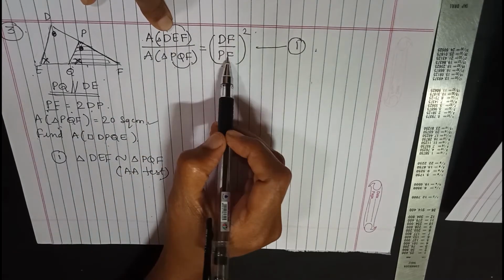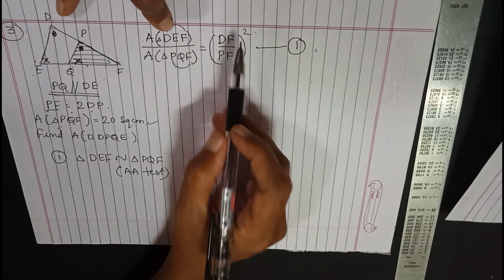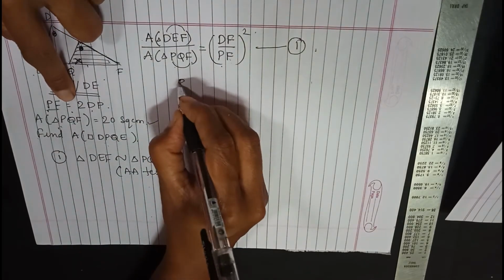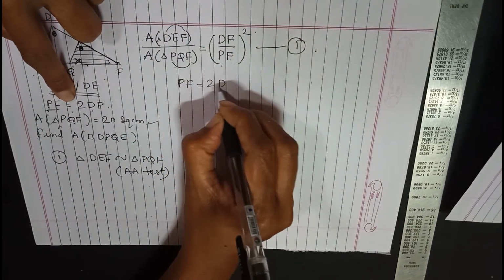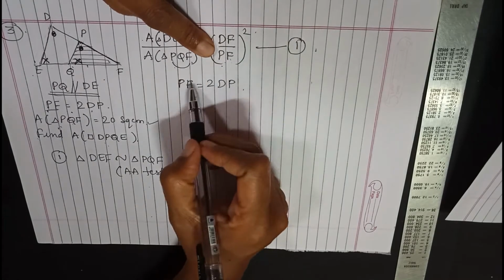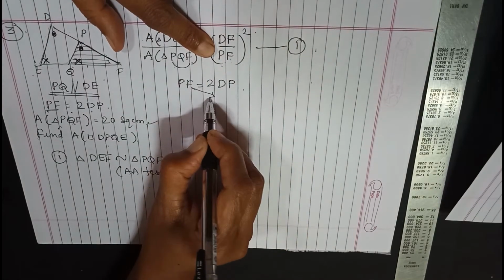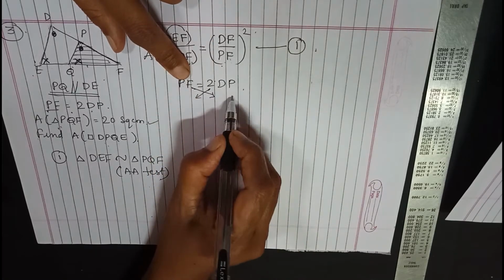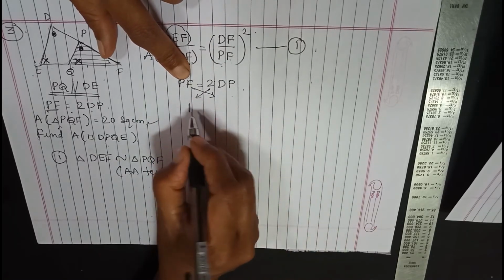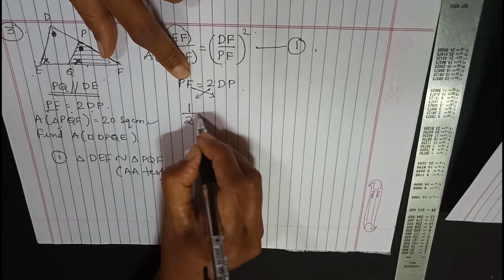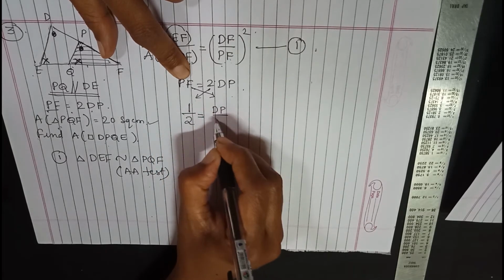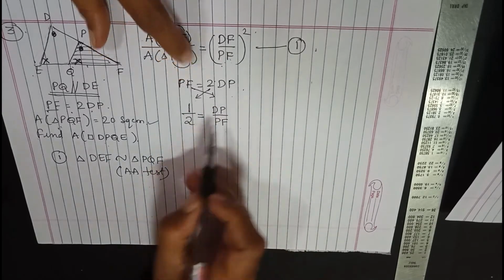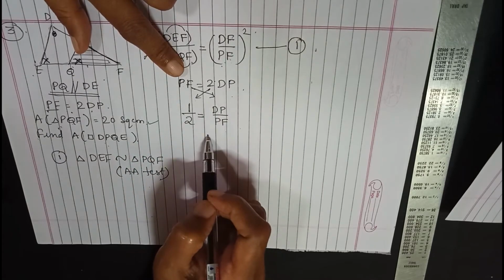So for this, first we should know these ratio also. So let's start with the given ratio. PF is equal to 2DP. Now you can see PF is in the denominator. So I bring this in the denominator and this 2, I carry it down here. So when I take PF here, nothing remains here. So it is 1 and this 2 is coming down. So 1 upon 2 is equal to DP upon PF. Right? This is the given ratio by just rearranging the terms.